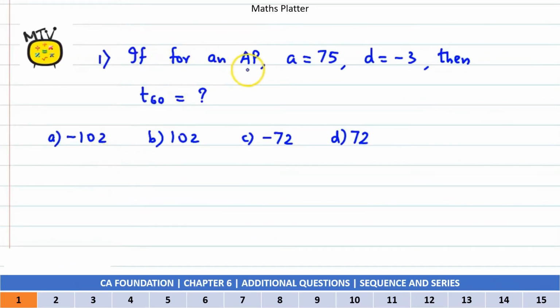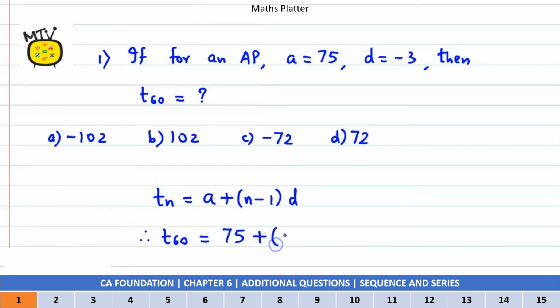If for an AP, A is equal to 75 यानी first term, common difference is -3, then T60 यानी 60th term is how much? अब हमें पता है that for an AP जो general term होता है that is Tn is given by A plus n minus 1 into D और हमें पूछा गया है T60, so T60 would be equal to, अब A यानी कि फर्स्ट टर्म हमें दिया है 75 प्लस n माइनस 1 यानी 60 माइनस 1